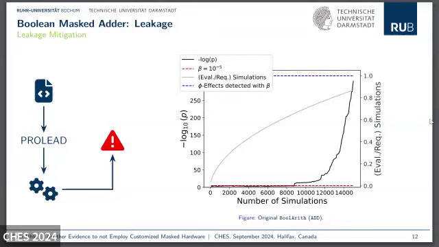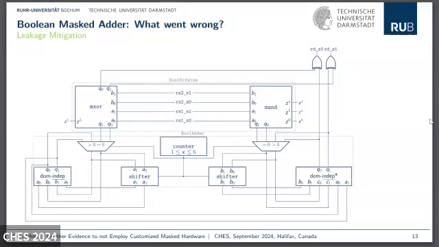So we did this, merged it back into the whole core, and then we extracted the add module and simulated this module with PROLEAD. And we found leakage again. PROLEAD found leakage after only, I think, 9,000 simulations. And the reason for this is the design of this iterative Kogge-Stone adder. I have no pointer, so it's hard to show. We have iterative paths between the DOM-indep module, the shifter, and the multiplexer. We have 6 iterations here on both sides, but we focus now on the left side.